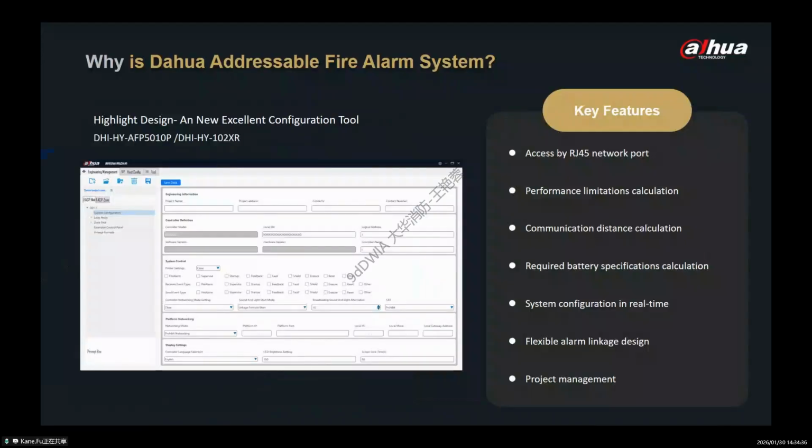There would be new software, the second generation tool, to help you with faster operation and faster configuration for the linkage function. It will be released in H1, in Q1 of 2026. It is accessed by RJ45 network terminal, and the performance limitations declaration is in the software directory, and the communication